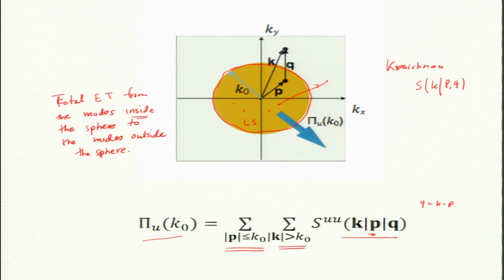Okay. The formula I will show in the later part of this; I will not prove it, I will just state the result. Its proof is quite easy with a modern perspective, but it is quite long in Kraichnan's paper. Okay, is that clear? So, this is how we compute flux.